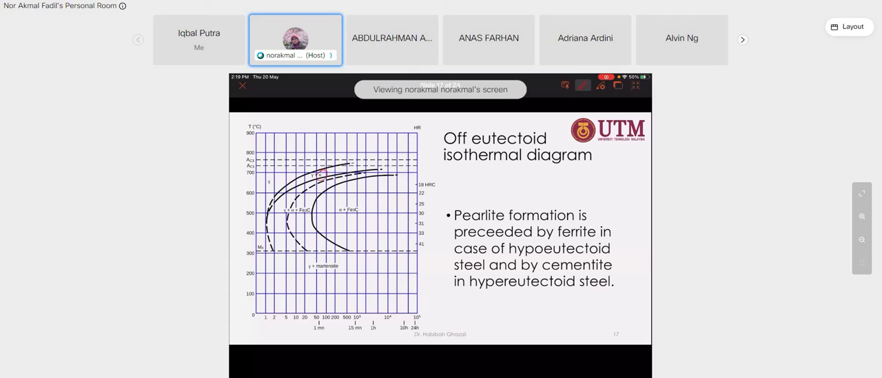if we quench at a higher temperature, we will achieve,